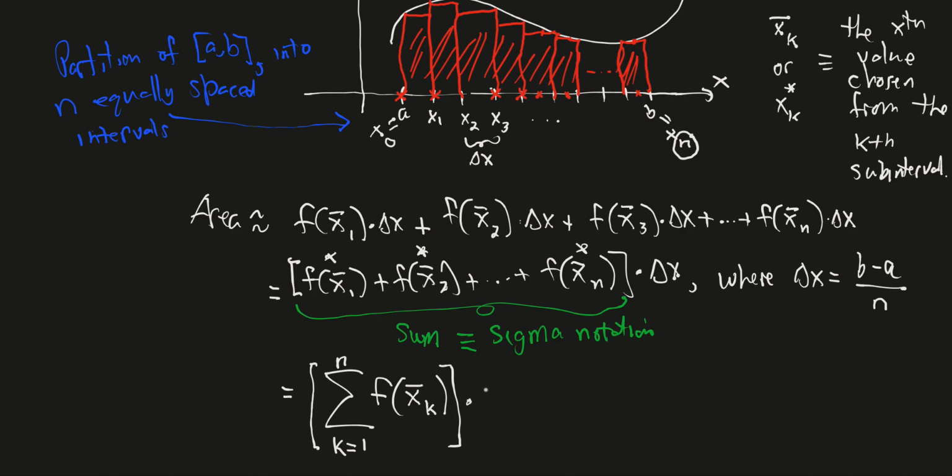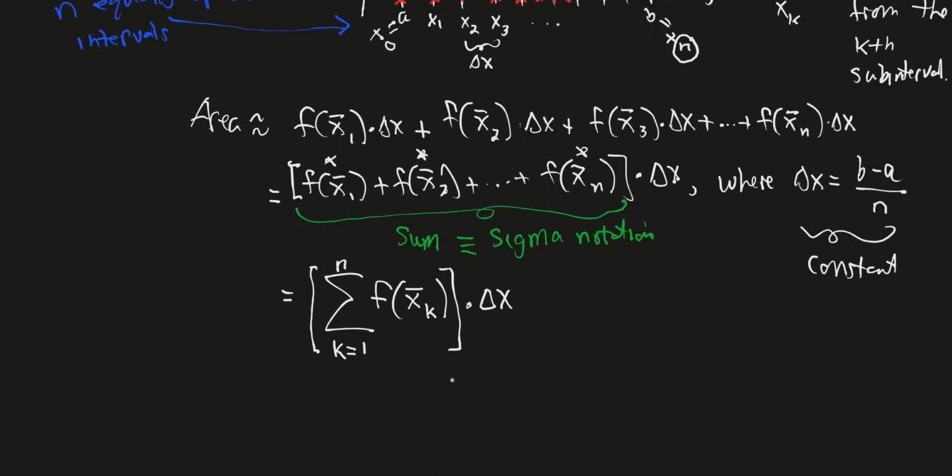But then I have that delta right here, right? If you notice, the way we're doing our Riemann approximation, the delta doesn't depend on which interval you're using. In other words, delta x here is a constant, right? That's why we were able to factor it out here, because it's a common factor, or constant factor, of all these terms. So what happens is, when we switch to sigma notation, it is preferred to distribute the constant back into the sum,